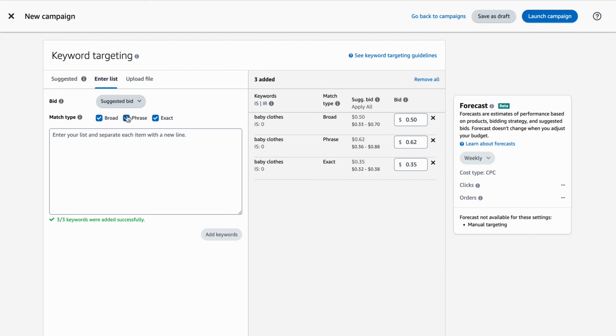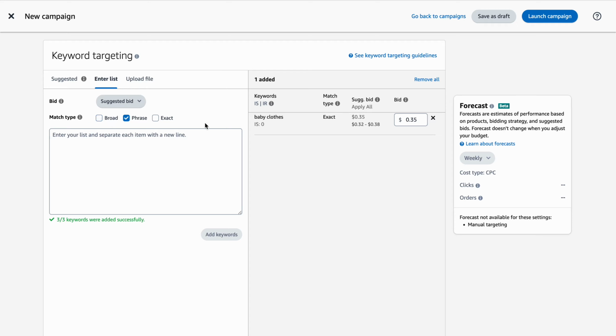You'll notice here you've got exact, phrase and broad, and they're exactly what they say. The exact is exactly, if we type in baby cloths, only people that are typing in the exact baby cloths is going to show up if we deselect these other two. And then obviously you would have to get rid of phrase and broad there now because we've already selected them. If you type in phrase and get rid of exact, any phrases that come up there, let's say baby cloths USA, for example, it's probably going to come up because you've got the phrase in there.